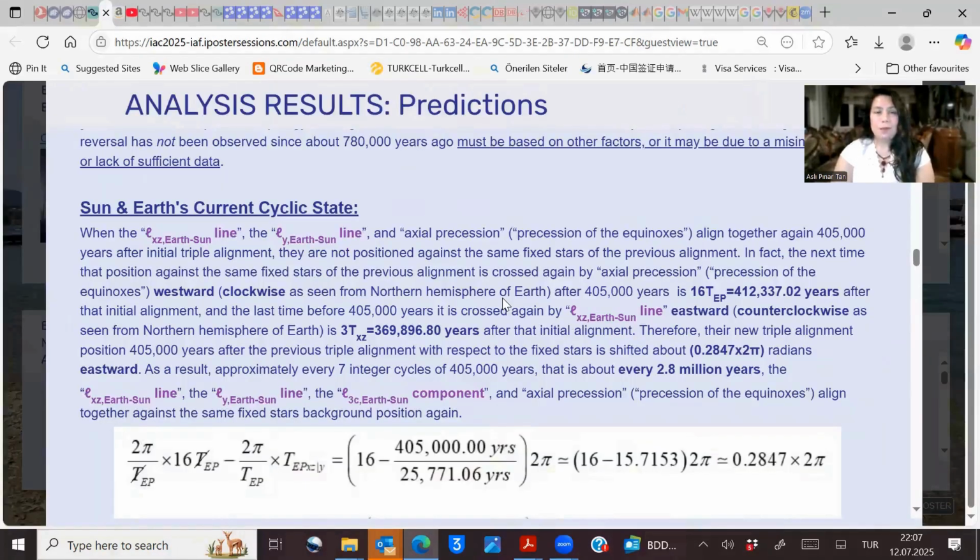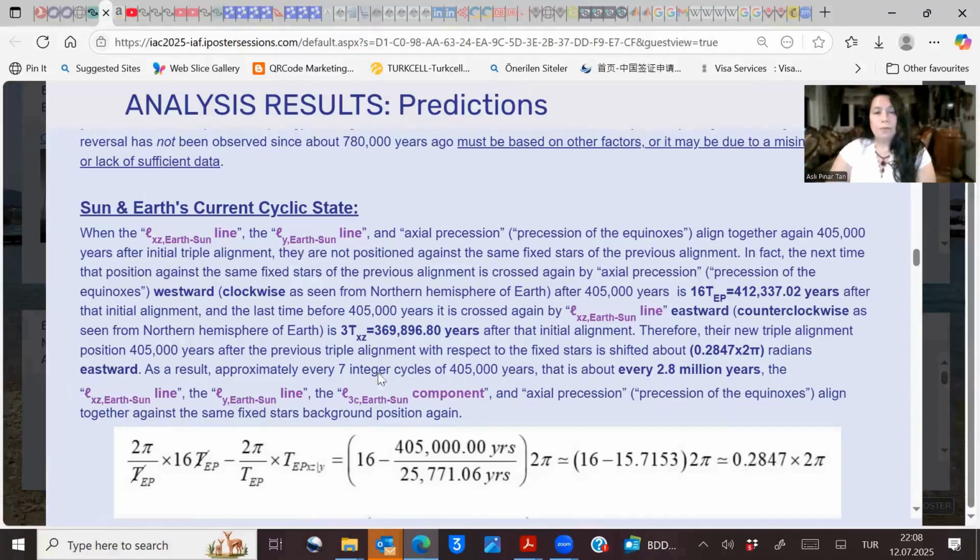So let us have a look at our most significant results here based on the periods and the topology configuration we have found. When the LXC line and the LY line, together with actual precession, align again in 5,000 years after their initial triple alignment, and the third component meets them at the same time, by the way, they are not positioned against the same fixed stars of the previous alignment as seen from Earth. In fact, the next time that they position against the same fixed stars of the previous alignment is crossed again by all four of them